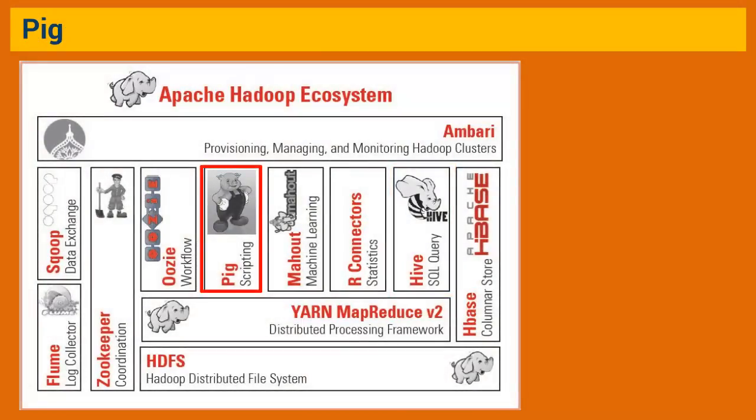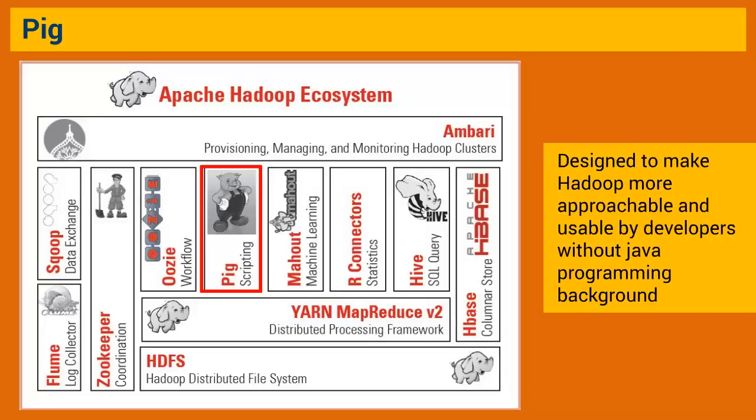Pig is an interactive or script-based execution environment supporting Pig Latin, a language used to express data flows. It was designed to make Hadoop more approachable and usable by developers without a Java programming background. The Pig execution environment has a Hadoop mode, also called MapReduce mode, where all scripts are run on a given